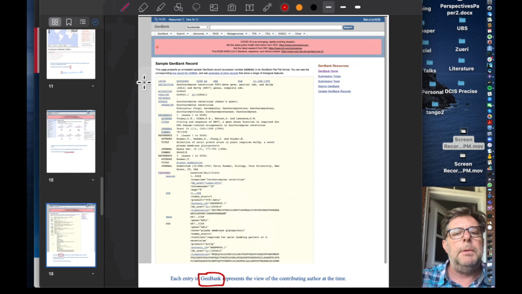It's a good skill to be able to parse such a file, like the locus. All GenBank files begin with a locus. We can see that it's a DNA file of length 5,000 base pairs. This locus identifier,